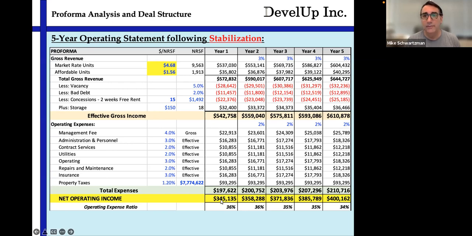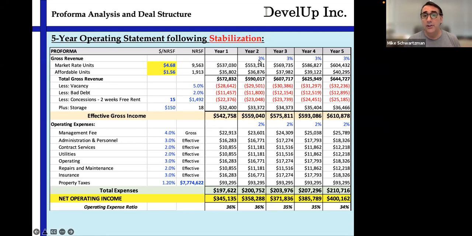Remember back early in part one, gross revenue, less expenses, NOI. So here's our NOI, and we can take an operating expense ratio. So when we divide the 197 by our effective, we're at basically running this building at 36% operating margin, our operating expense ratio. We can then say to produce our pro forma, which is projecting, it's crystal ball, we're going